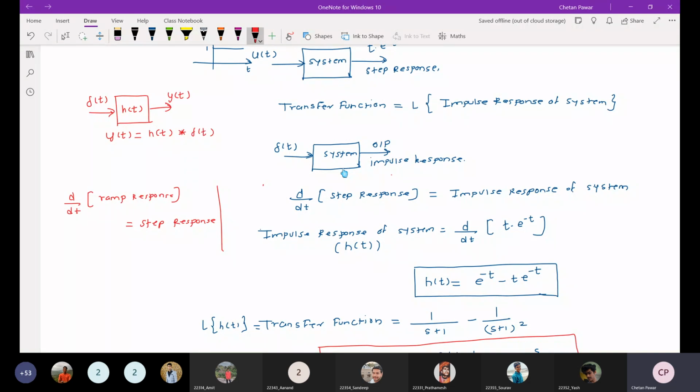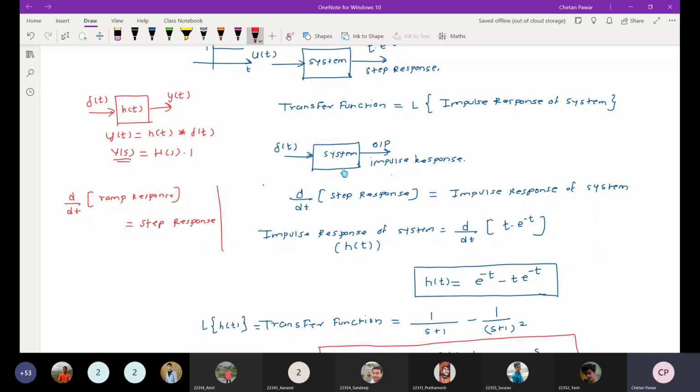And as you know, convolution in the time domain becomes multiplication in the frequency domain, right? So H(s) will be the Laplace transform of h(t), and as you know, the Laplace transform of an impulse is 1. And this will be Y(s), right? So as an output, we are getting a transfer function.